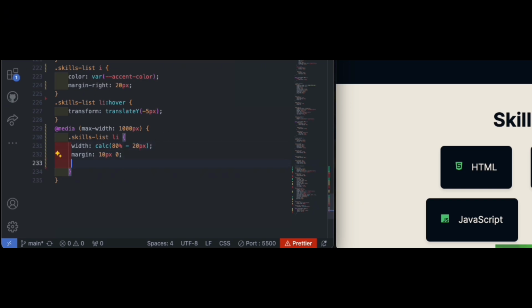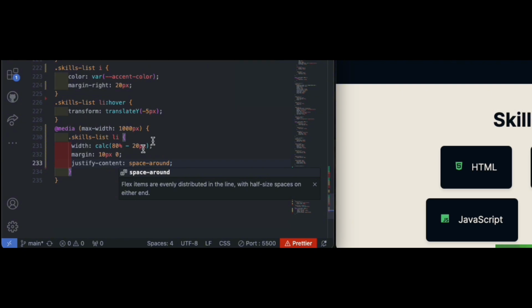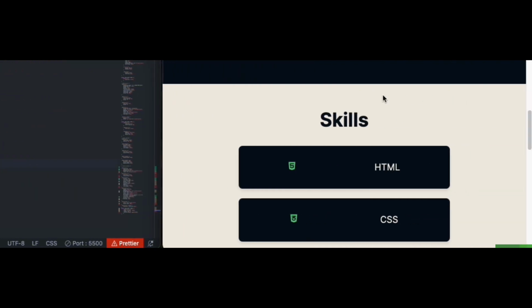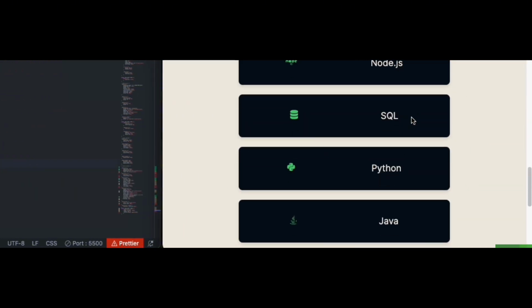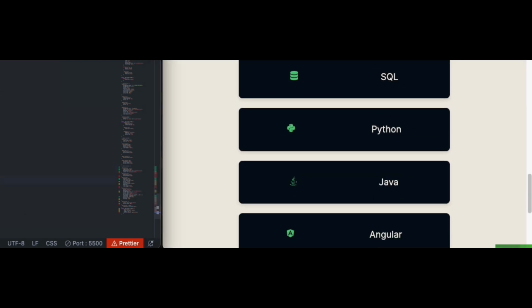And maybe some justify content in consider screen. Justify content, relevant. Okay, let's start to check this. Okay, this is what we have. Alright, let's move on to